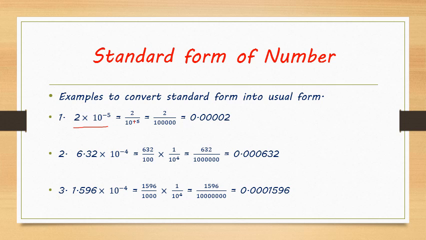When you convert them into decimal, we have to move the decimal. Currently the decimal is here. We have to move this decimal 5 digits. So 4 zeros are there and 1 two is there. So that is 0.00002. Okay. Similarly, since the minus sign is there,